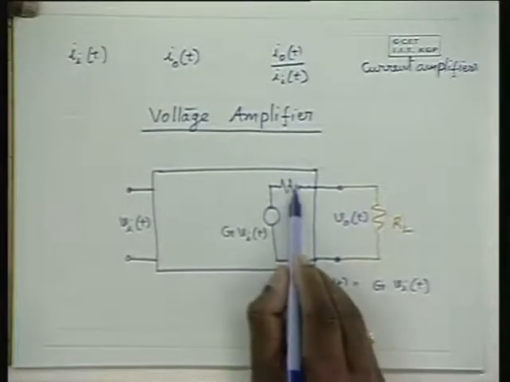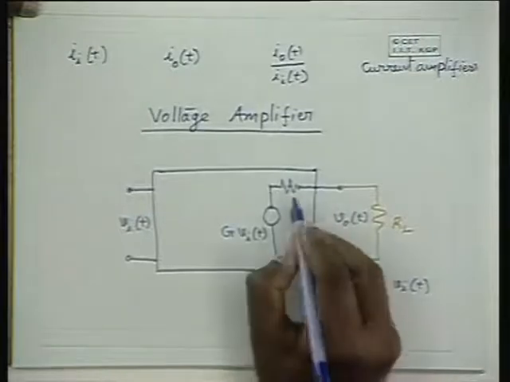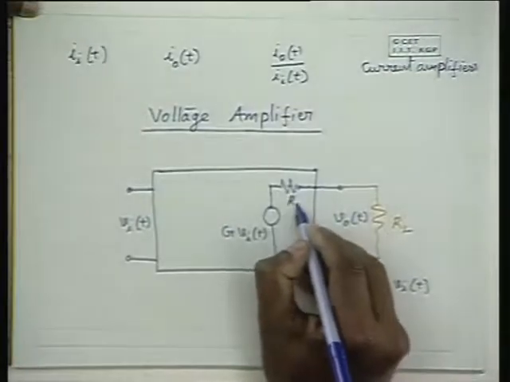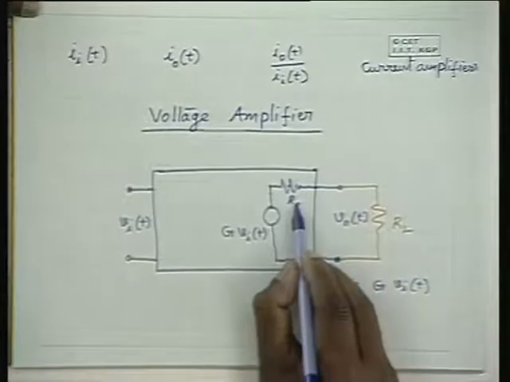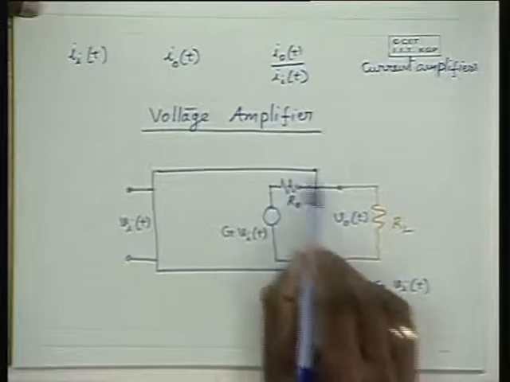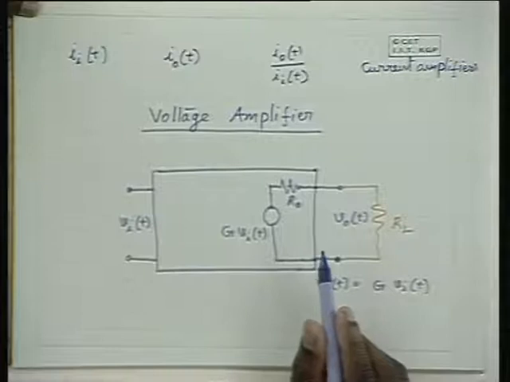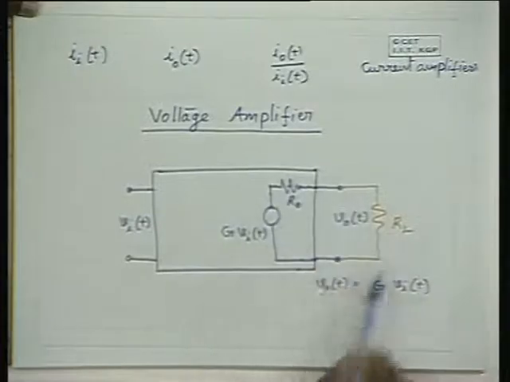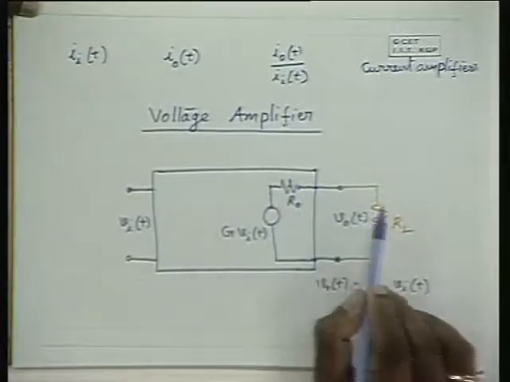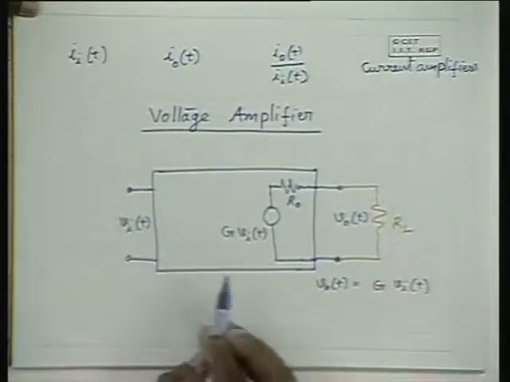That's because it acts like a practical voltage source. That means it has a series equivalent resistance here, so let us call it R naught. The R naught, or RO, is used here to indicate that as far as the amplifier is concerned, it is a resistance in the output. Hence, the output side of the amplifier can be modeled in this form.